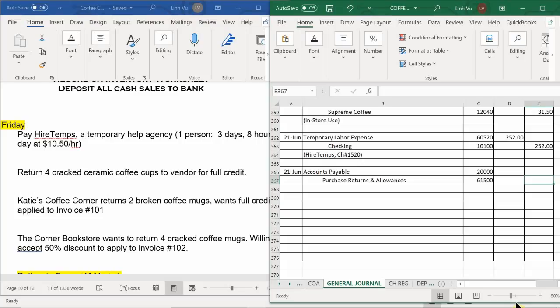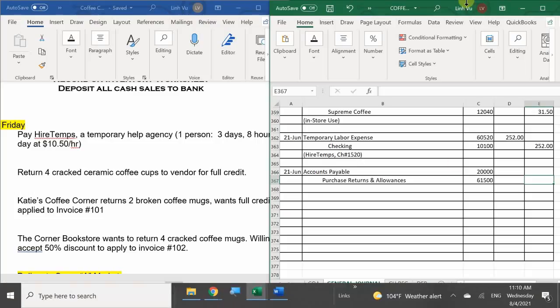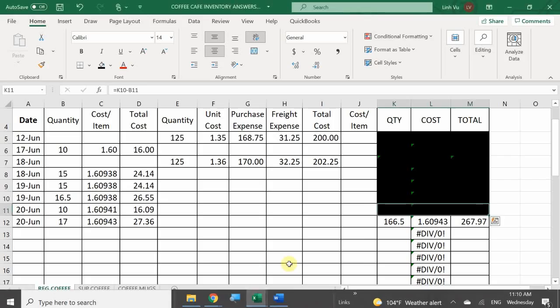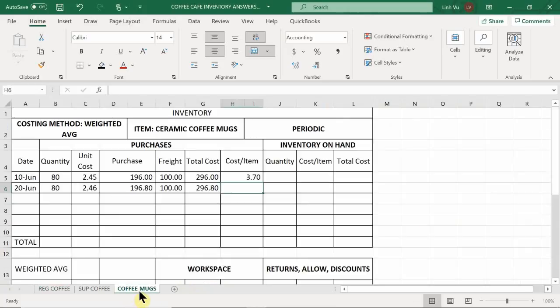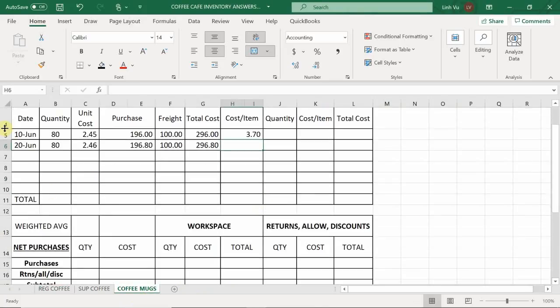Do we go to our inventory worksheet and use the cost of the last batch? That is correct, right? We're going to go to our inventory worksheet, and we're going to use our last batch because obviously I can't go back to the 10th and return those